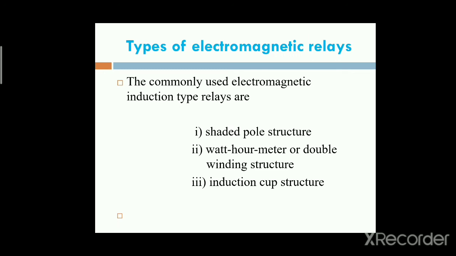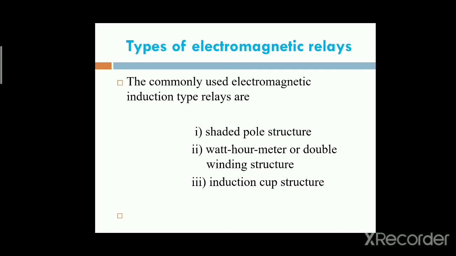That alarm signal indication is given by these electromagnetic relays when faults occur in a power system or a transmission system. In that case, the electromagnetic relay will give the indication to that circuit breaker. Then only the circuit breaker will be operated